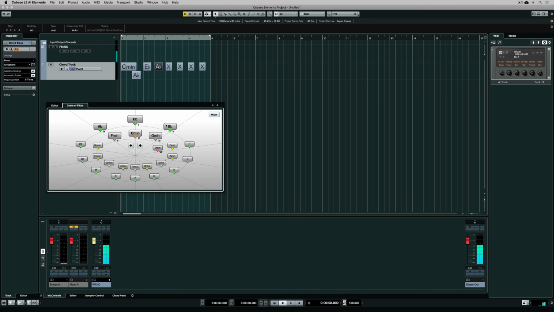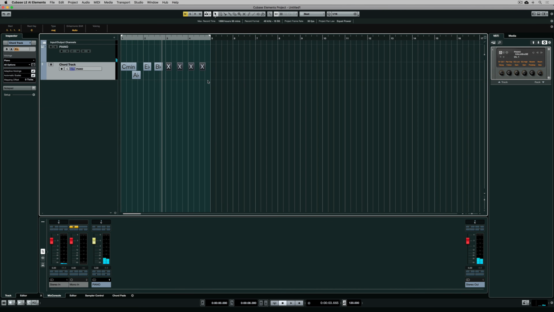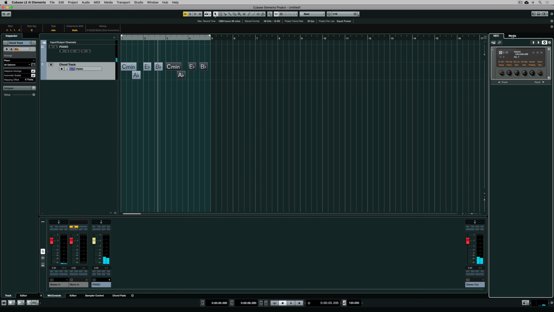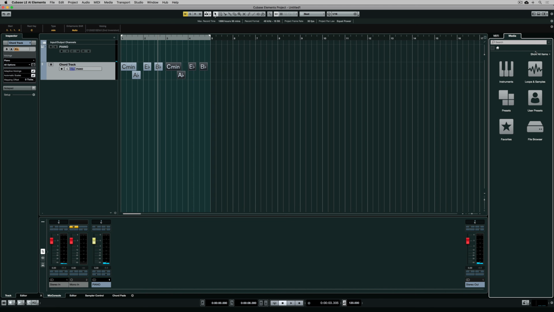I'm using my cursor keys. And just like that, without any thought, we've got a musical sentence. Now we can copy and paste that musical sentence to stretch it out to be longer. There is no other DAW or digital audio workstation in the world that lets you write and create your own